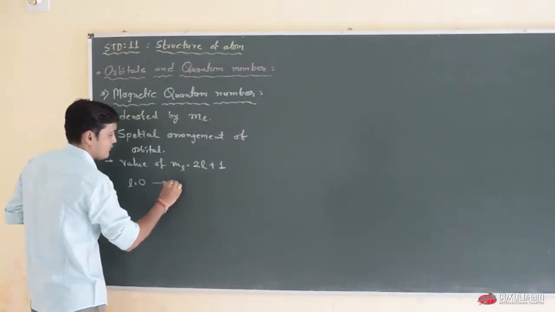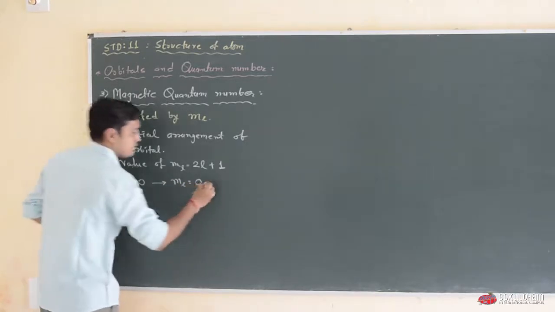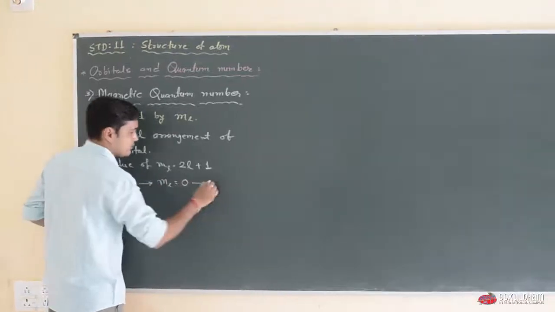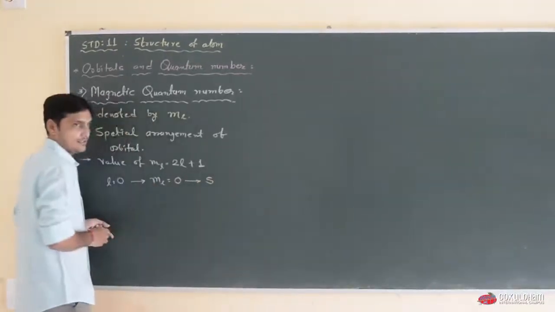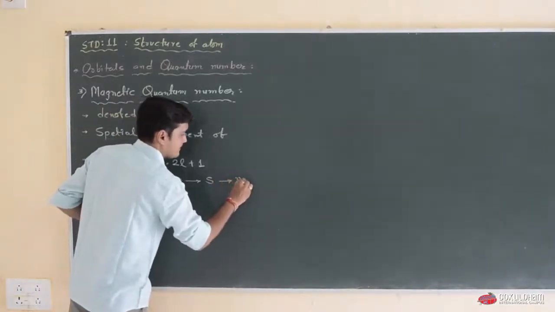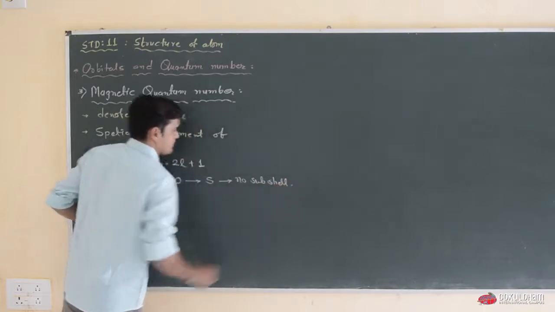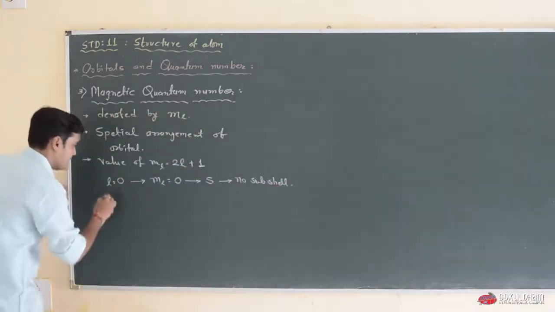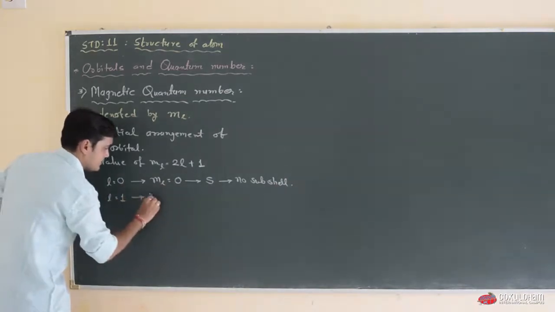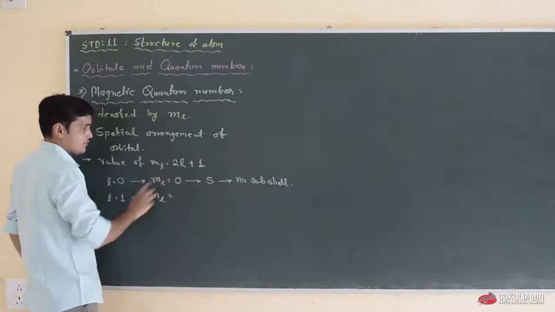The value of ml must be 0. So when L is equal to 0, the s orbital has no subtype or subshell or suborbital. When L is equal to 1,